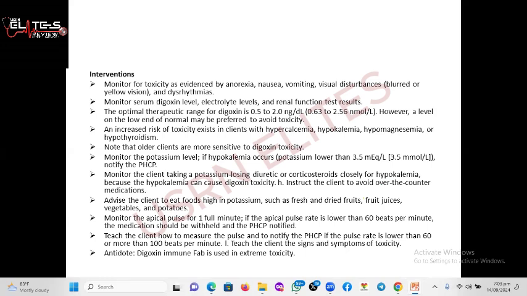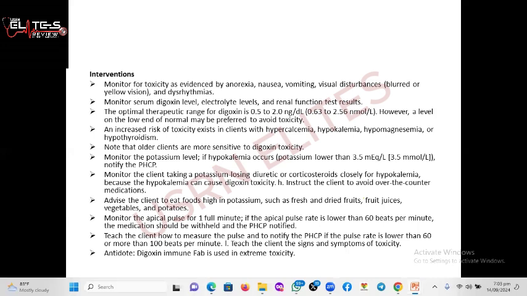And we know the foods that are high in potassium, like banana, and most of the fruit juices, the fruits and vegetables, potato; they are all rich in potassium. So the nurse has to advise the client to eat foods that are high in potassium. Very well. So we are saying that